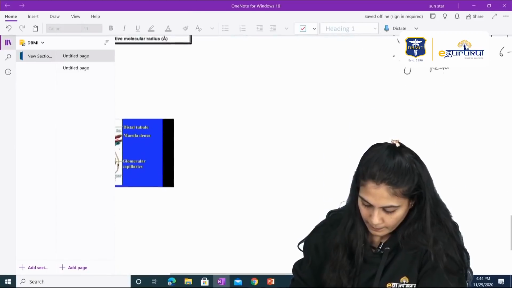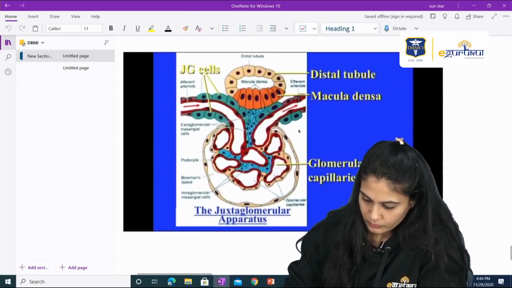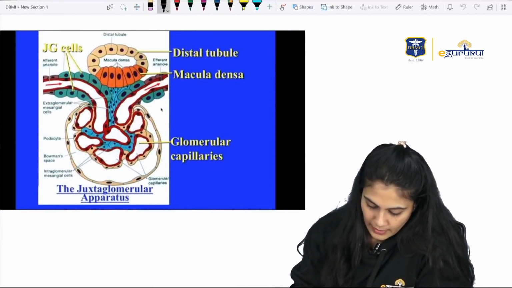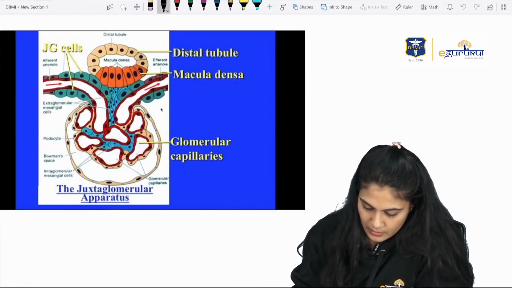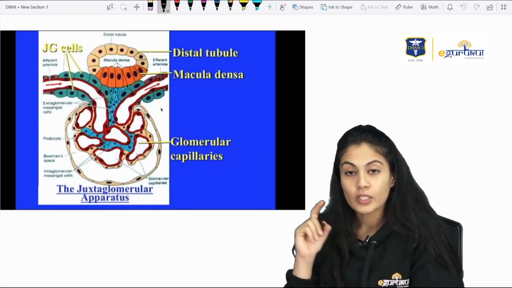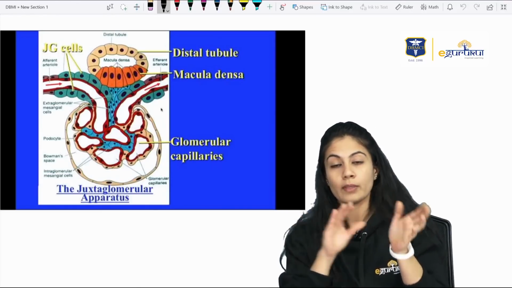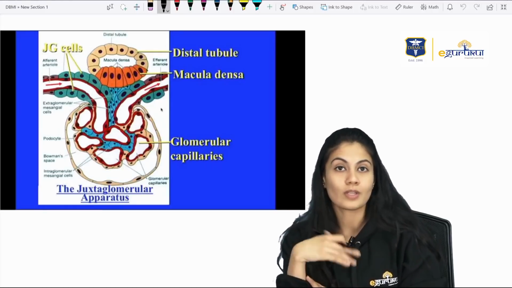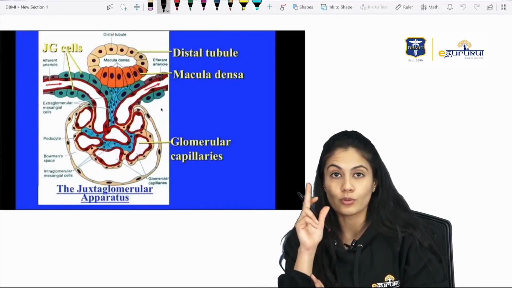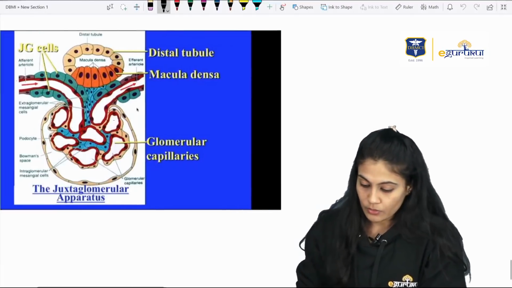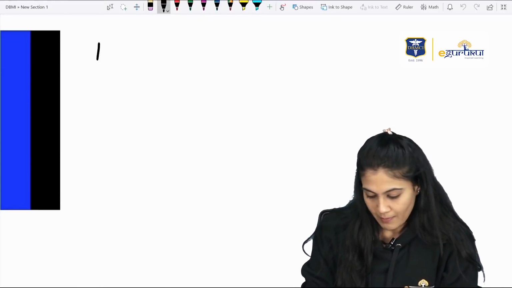Okay. So, this is the part of the macula densa. Over here you can see that this is the macula densa. These are the luminal cells which are in between the afferent arteriole and efferent arteriole, but they are the cells of the distal tubule. Remember, the tubule comes in between the afferent arteriole and efferent arteriole, but the epithelial cells which are known as macula densa are the cells of the distal tubule. They are not the cells of arterioles, afferent or efferent, right? So, if we have to write it, the macula densa